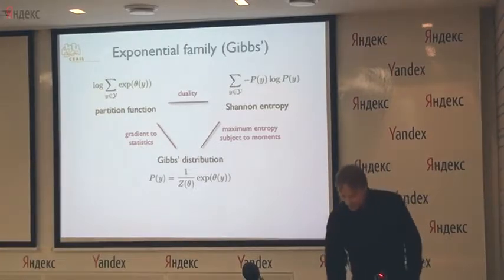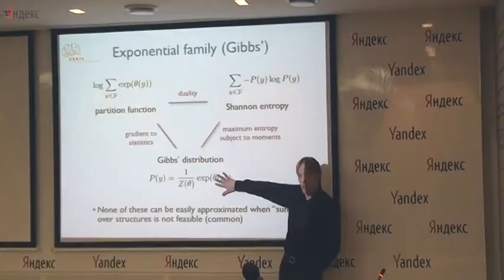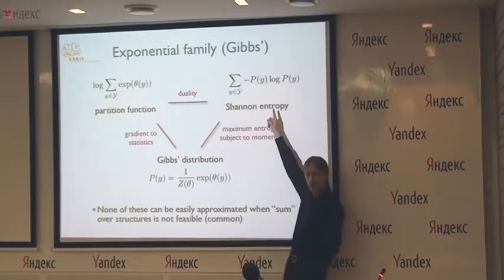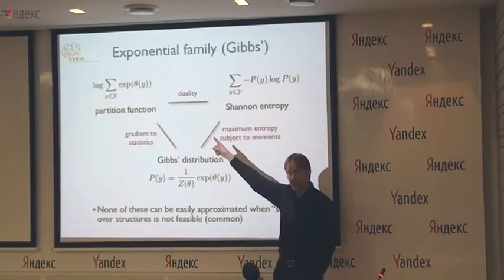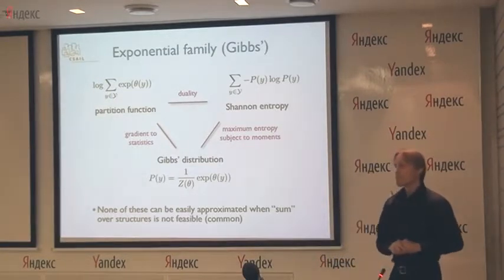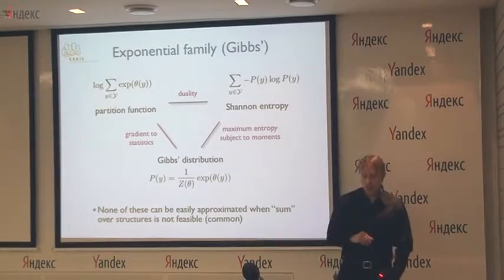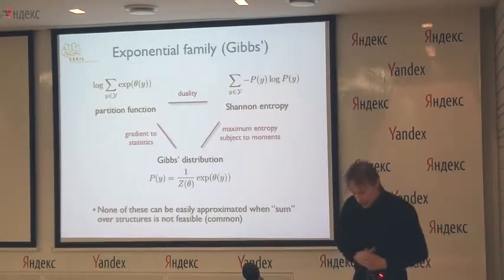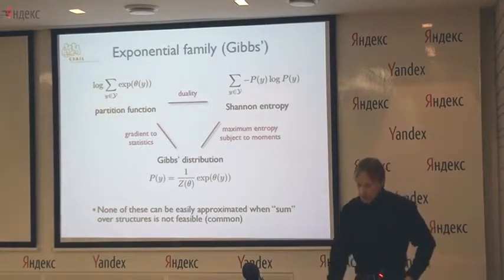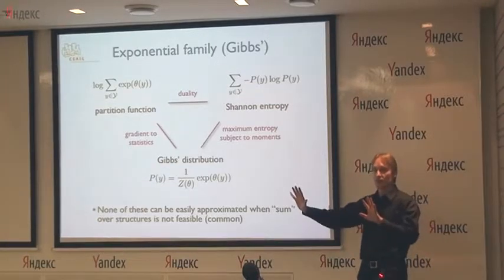It turns out, unfortunately, that in many cases this whole framework is not tractable. If I can't sum over the structures, I can't deal with this distribution exactly. I cannot evaluate the entropy, nor can I evaluate the normalization constant or do the maximum likelihood estimation. All right? So everything falls when the sum becomes not tractable. All right? Now the question here is whether there's a corresponding story with this new class of distributions.